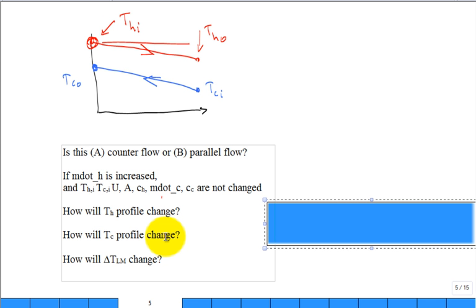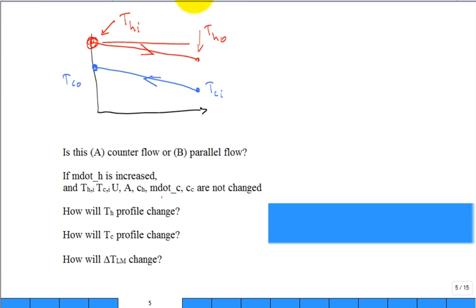Will it change at all? Maybe I should have asked that question, huh? Well, let me ask this. Is TCN going to change? No. So basically, if you tell me what happens to the temperature cold out, I'll tell you what happens to